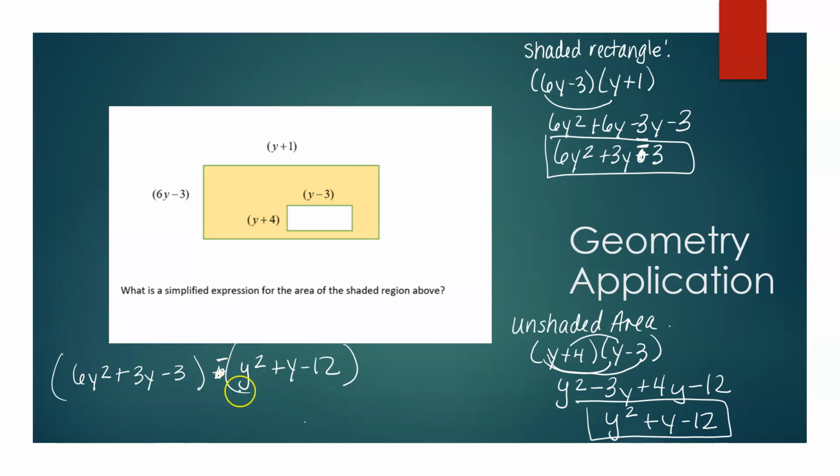Okay, so you can just subtract, but I'm going to take this, change it to addition, and change all the signs. If you can just subtract, you don't have to do that. So I have 6y squared minus y squared, which will give me 5y squared. 3y minus y will give me 2y. And then negative 3 plus 12 will give me positive 9. So that is the area of the shaded region without